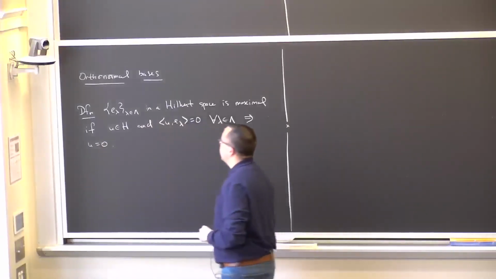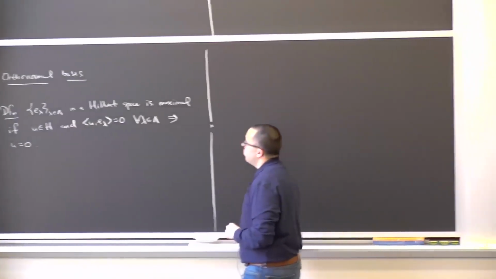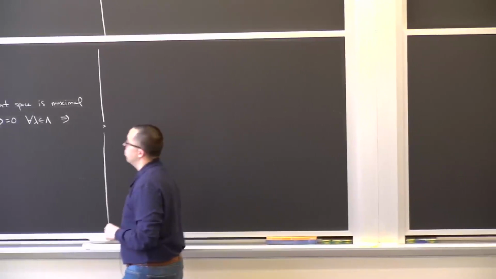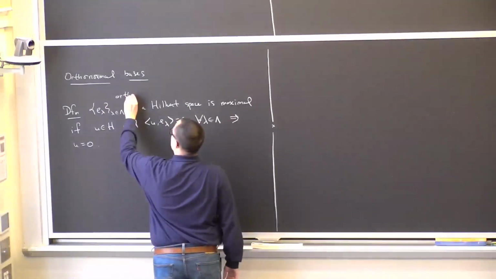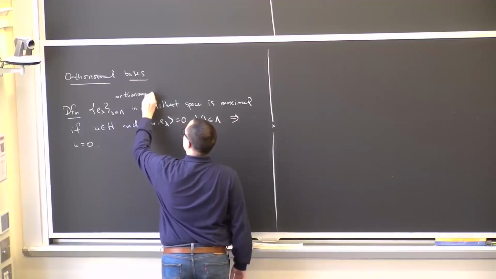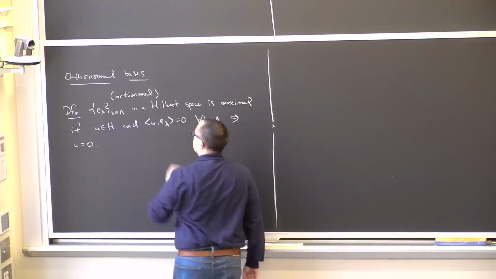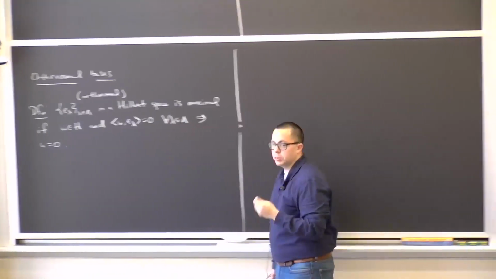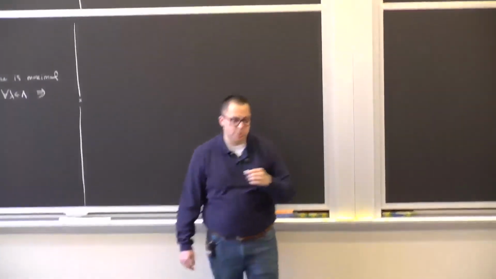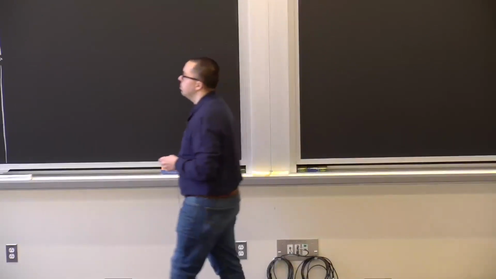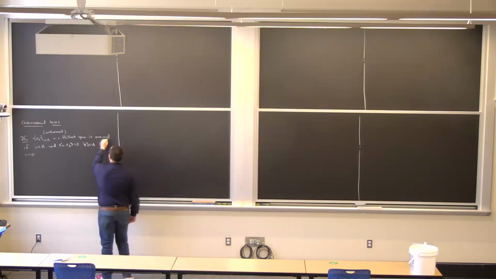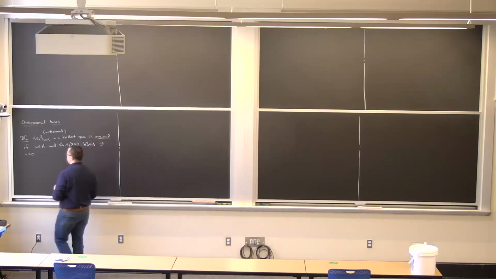So a collection of orthonormal vectors is maximal if the only thing that's orthogonal to all of them is the zero vector. Okay? And last time we proved that